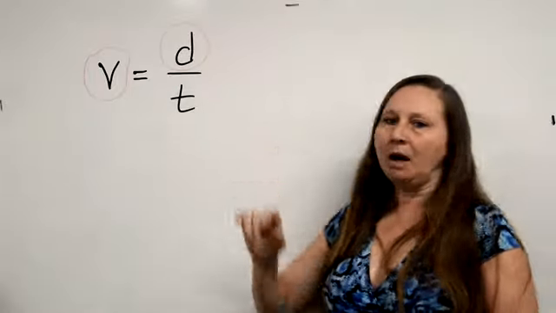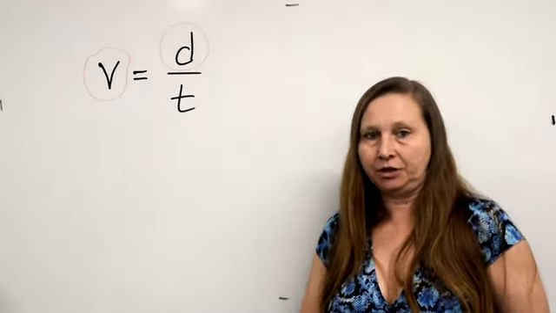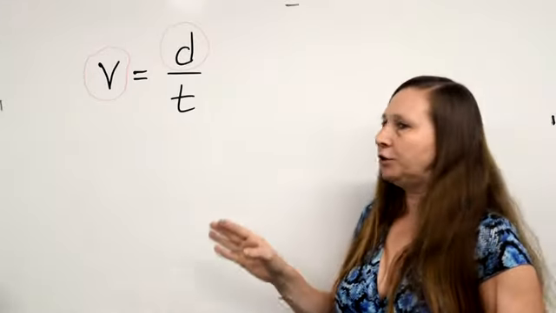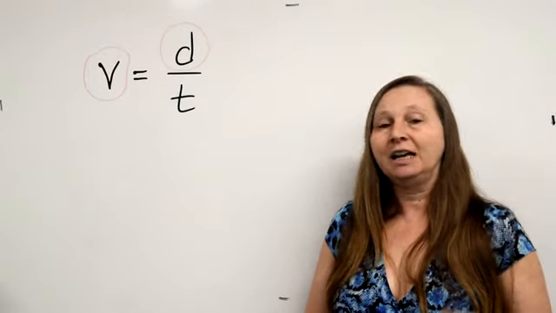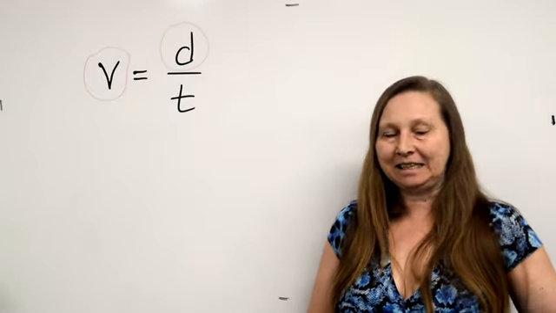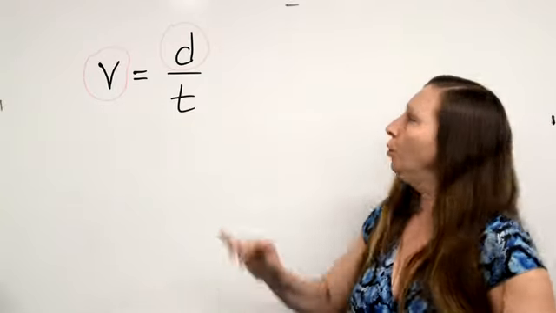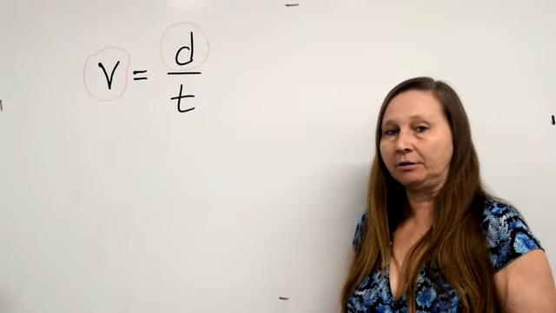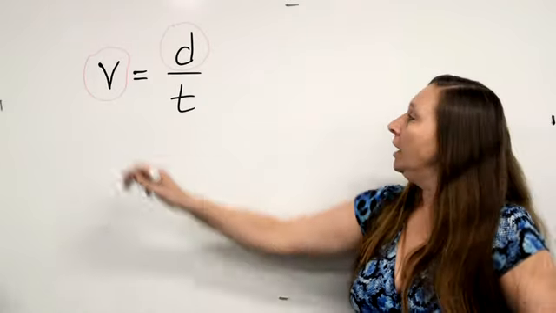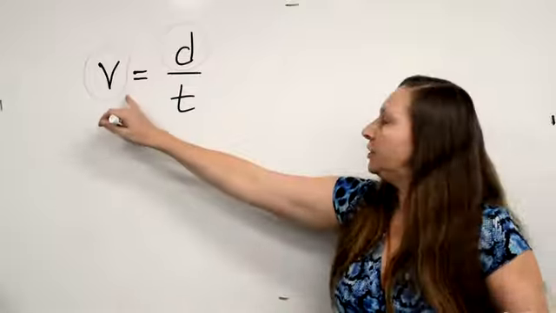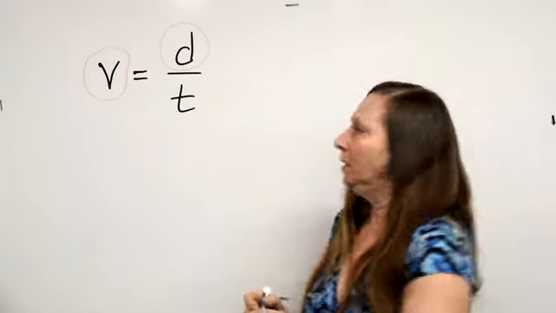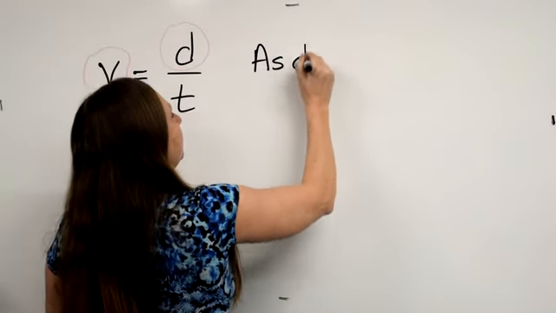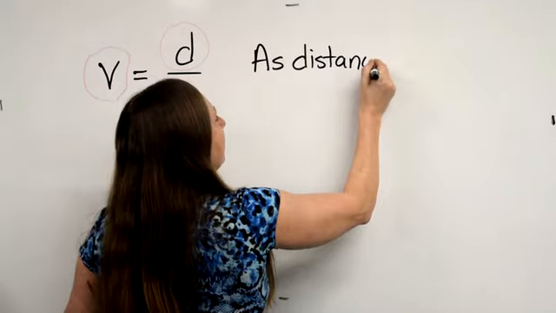If some object covers a greater distance in the same amount of time, is it going faster or slower than some other object that covered less distance in the same amount of time? You say, oh, that object is going faster. Its speed is greater. So common sense tells us that as distance increases,